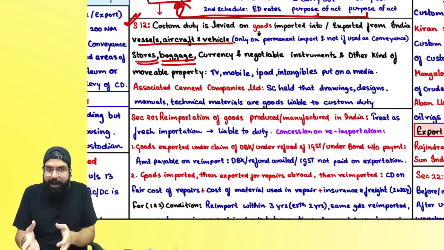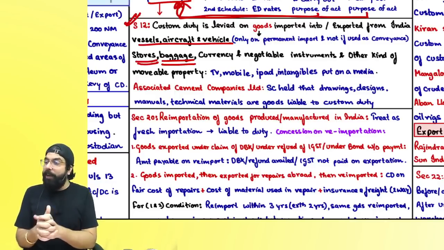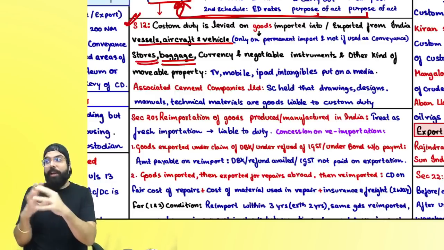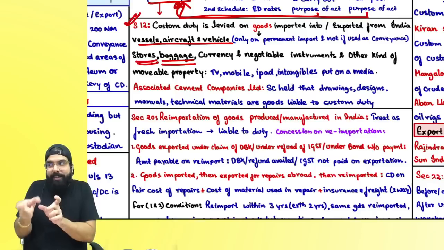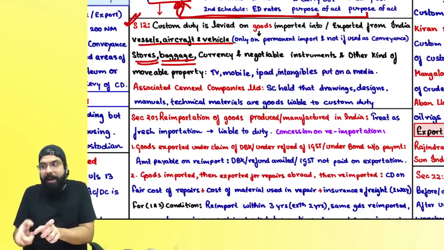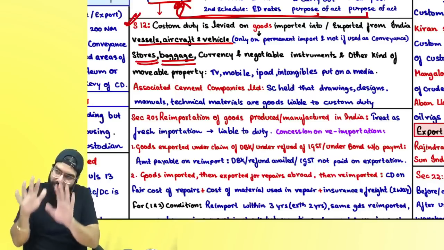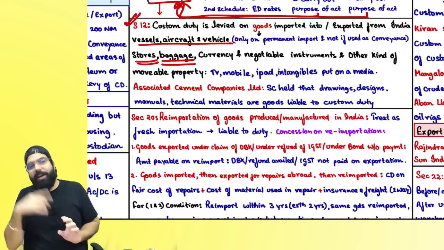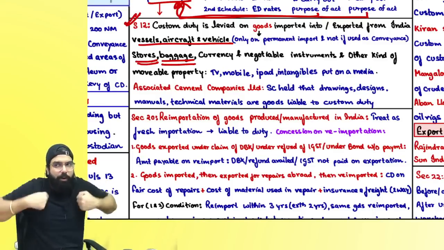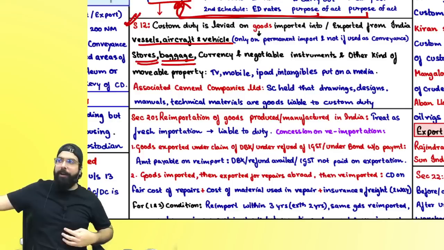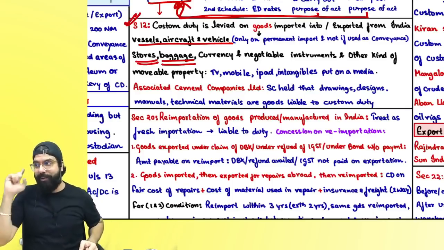That's your accompanied baggage. For example, Priyanka Chopra came from outside India. She had 10 suitcases with her. Now the flight company sent 1 suitcase with her. That is her accompanied baggage. 9 suitcases were sent later. Those are unaccompanied baggage, and that is also baggage. Always remember, when you read the definition of baggage, it says it includes accompanied baggage or unaccompanied baggage, but it does not include motor vehicle.